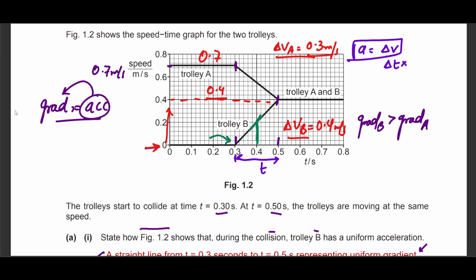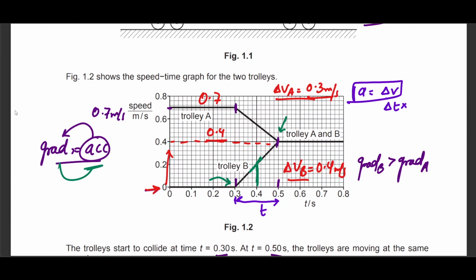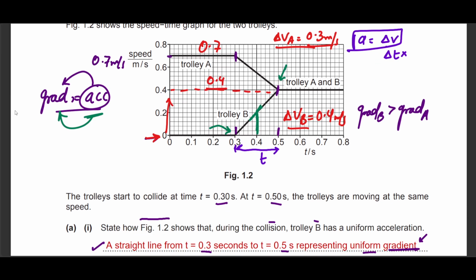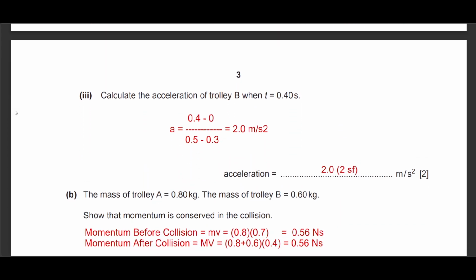This is coordinate number 1, this is coordinate number 2, and then we can apply the formula for gradient to find the acceleration, because we understand that acceleration is the gradient. So the two coordinates we have here are 0.3, 0, and the upper coordinate, this one, will be 0.5, 0.4. You can either use the formula for the gradient, which is y2 minus y1 over x2 minus x1,